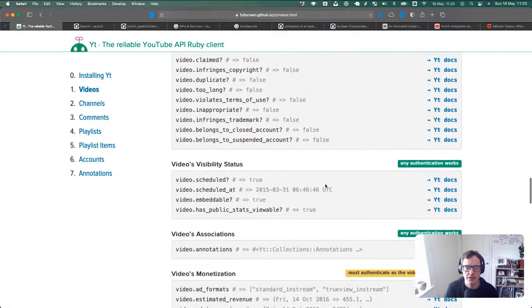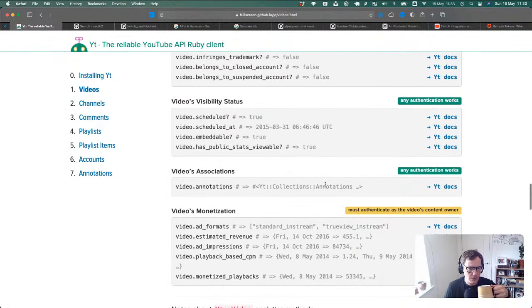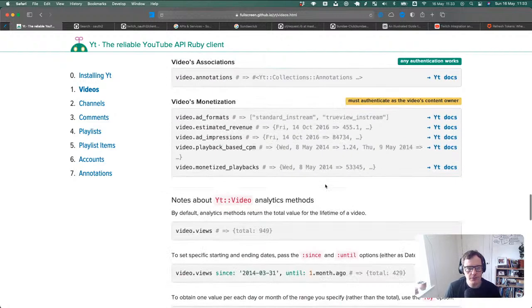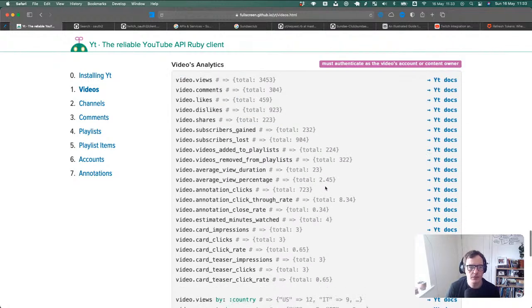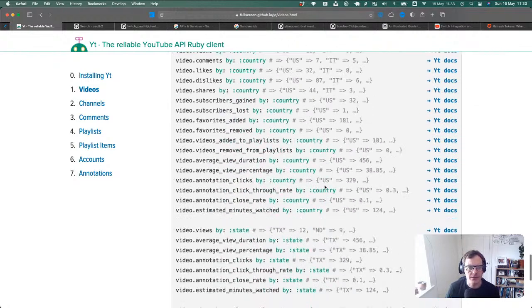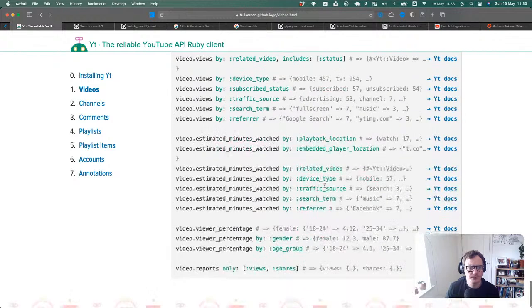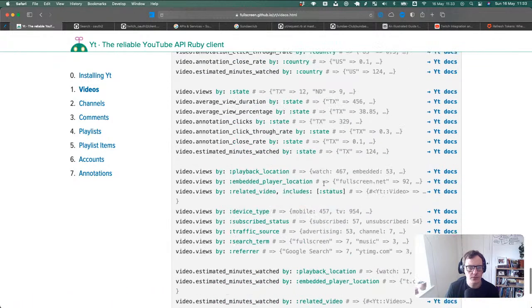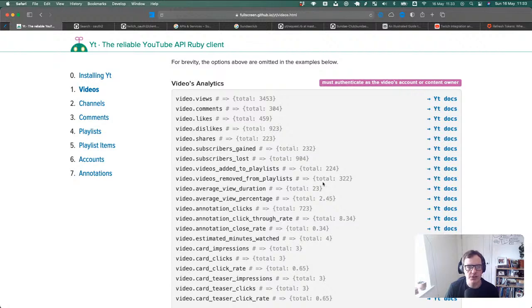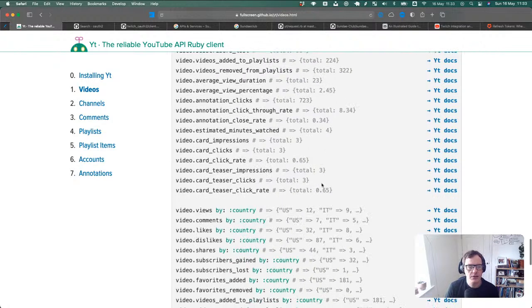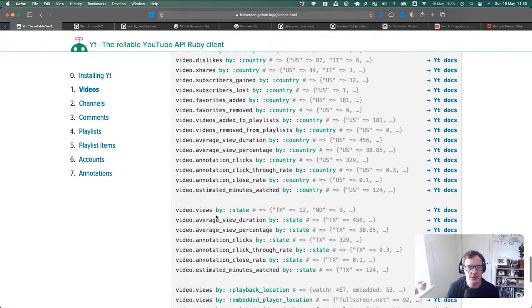Just seeing what else is on here, actually. Wow, okay, look at all of this. So I'm presuming there are third-party apps that have really rich dashboards and all this cool stuff.